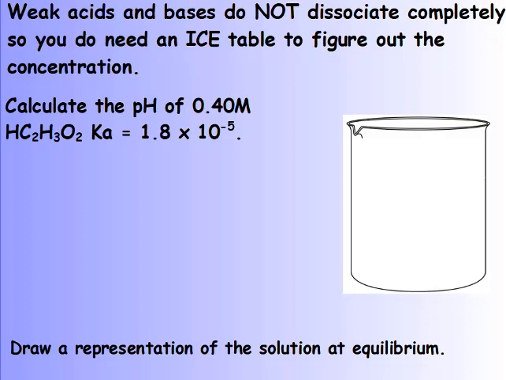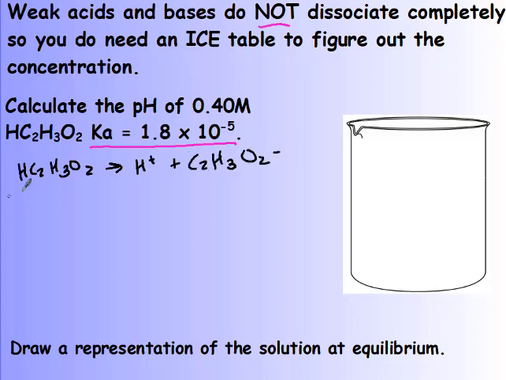So my weak acids and bases do not dissociate 100% completely. Therefore, we need ICE tables. We know this is a weak acid because it's not one of the 6 that we just saw that we need to have memorized. And they gave you a Ka value. If they give you a Ka, it must be a weak acid. So step 1 is I'm going to write my dissociation equation and set up my ICE chart. I have initially 0.4, 0,